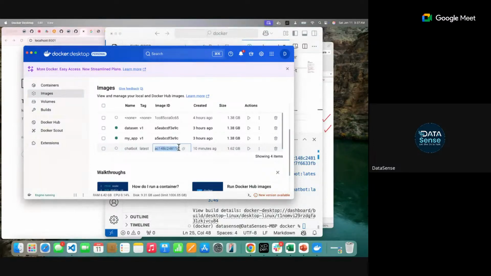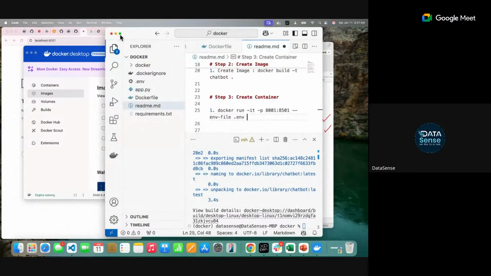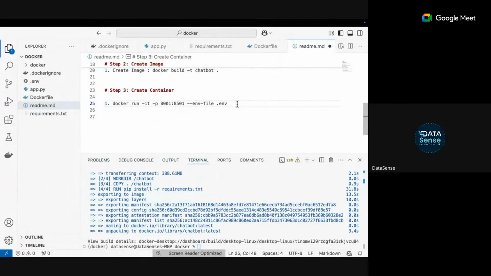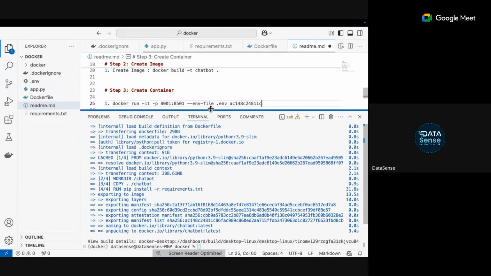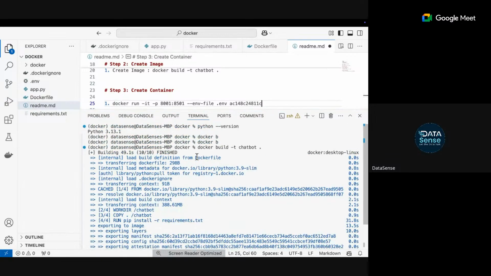Docker image. But this was the last part. I will just run and show you how the output comes. Then you guys are free to go. So this is the image that is created.